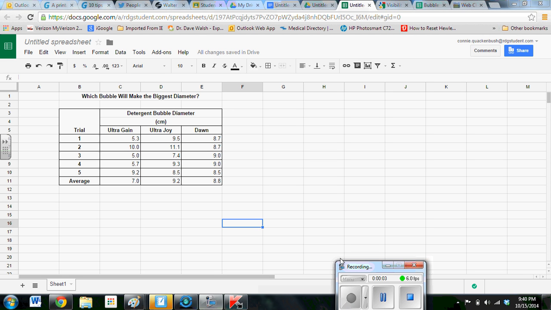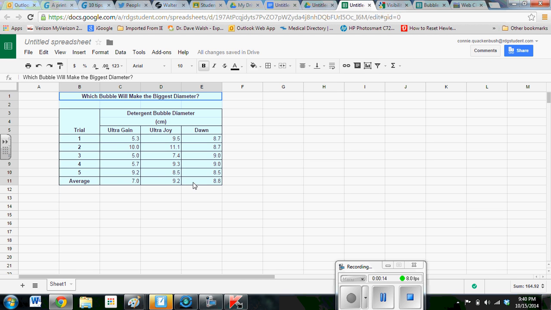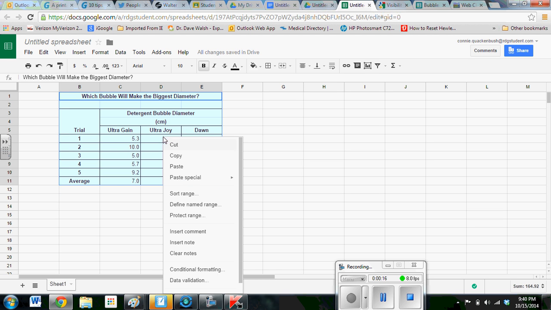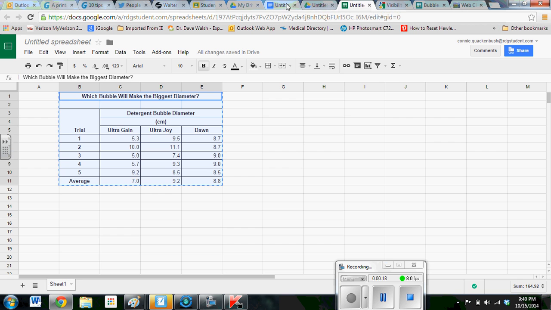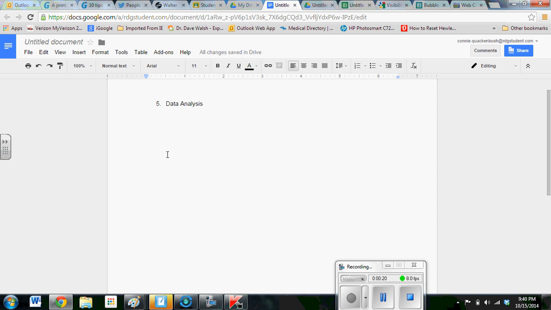Today in class we had a little problem with copying and pasting a table and keeping the format from the spreadsheet into the Word doc. So we tried this. We highlighted our table, we right-clicked to copy, we went to our doc, and we were in the data analysis section, which the first thing we want to put into that is a data table. That's our quantitative data. So if you right-click here and paste,